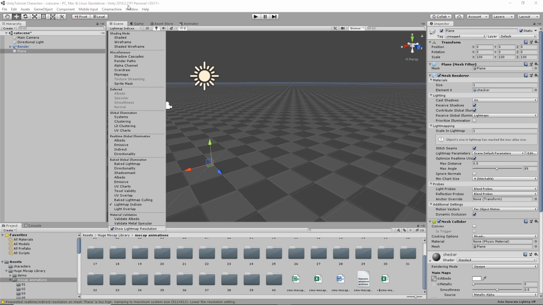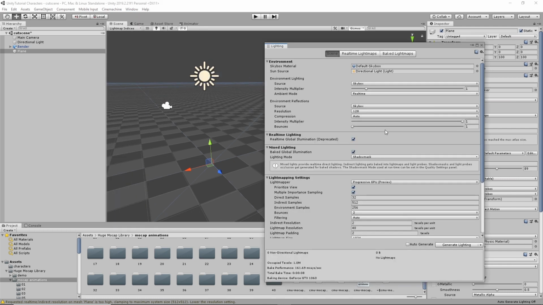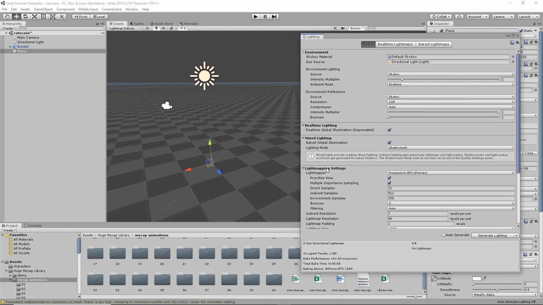So if you go under Window, Rendering, Lighting Settings, basically the thing that's controlling is in this light mapping settings, this light mapper. Remember I set it to GPU. We want direct samples 32. Right now the indirect samples are at 512. So if we change that to like 128 or even 64, and environment, let's do 128,